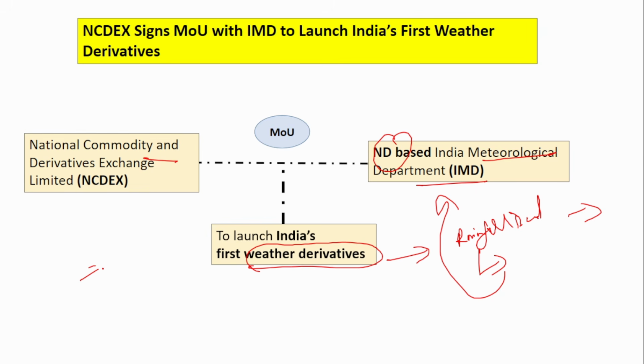To be specific, this derivative will also be region specific, because one particular region will have a different rainfall and another region will have a different rainfall, right? It will be region specific and also season specific, because in summer the rainfall will be less, and in monsoon it will be more. So it is going to vary. So these derivatives are going to be region specific and season specific.